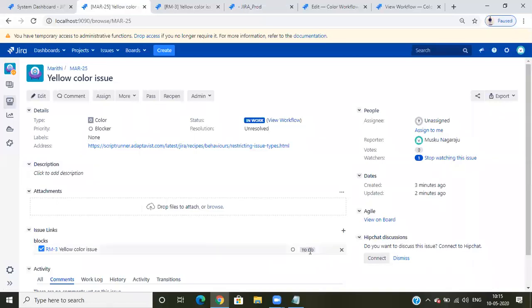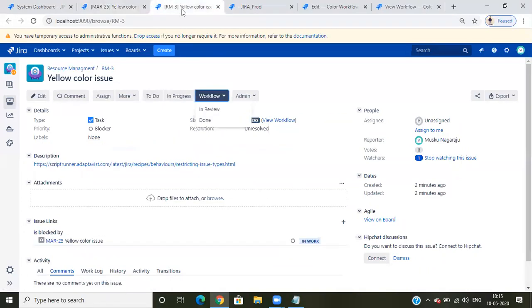I'll put some linking. So when the linked issue moves to some status, my ticket also should move to some status, like a status synchronization. So here my requirement is, suppose I click done on this, it should go to pass. Pass means painted or something. So it should be changed automatically. So my requirement is when I click on done, this ticket should be passed.